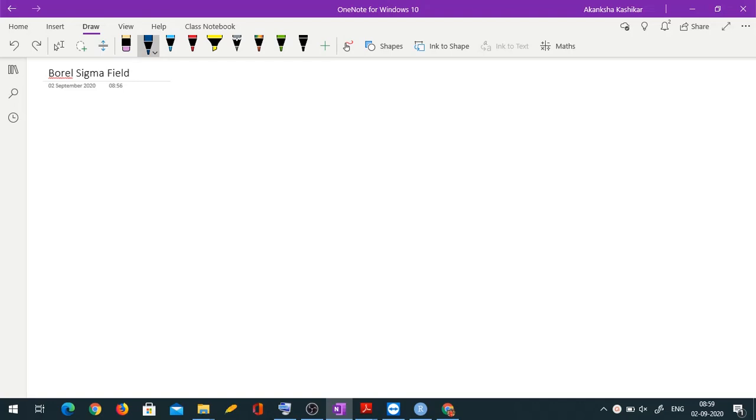Good morning everyone. Today we'll be talking about Borel sigma field. So Borel sigma field has a lot of importance in probability theory. In fact, whatever we study in terms of probability, everything would be related to Borel sigma field. Okay. So Borel sigma field is defined as a minimal sigma field generated by any class of intervals on real